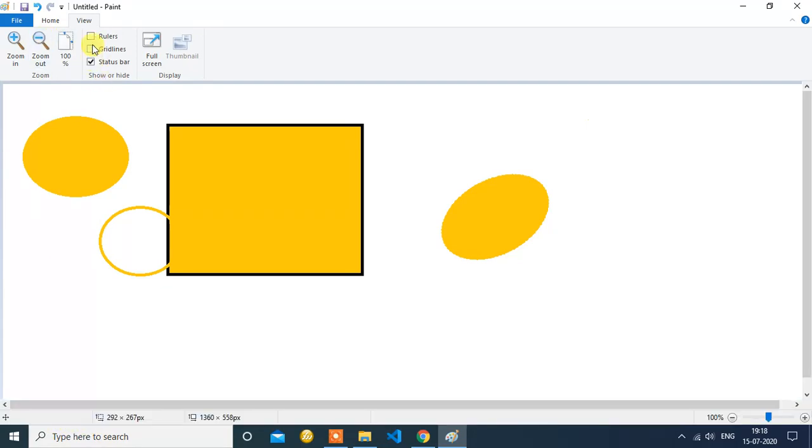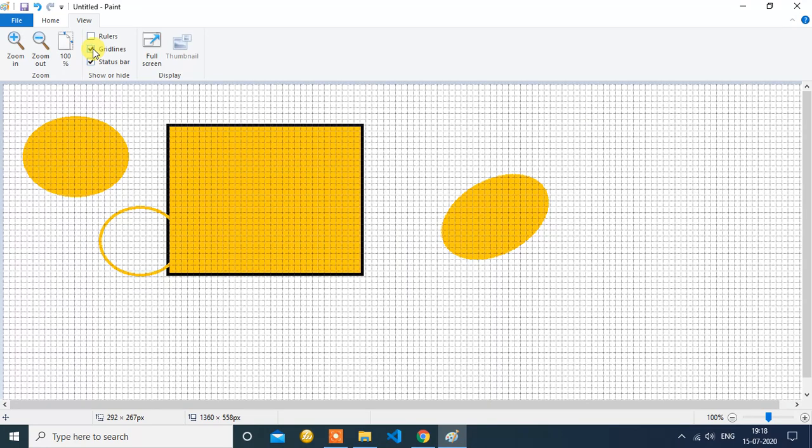So enable it. Now we have grid lines. Grid lines will give you a grid all over your canvas, which will help you to draw pictures. As you can see, the grid lines are there. It will help you to draw anything or to demonstrate to anyone.